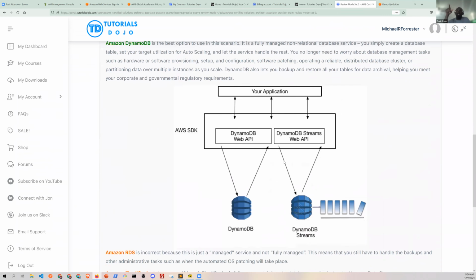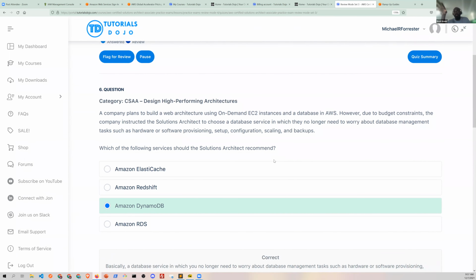Now, for this question, can we apply that same rule of DynamoDB being the highest one, or closer to Amazon's proprietary on the line? Yeah, if they don't have any other restrictions, like we need a SQL server, right? Which then would negate DynamoDB, right? Then if they don't have any other requirements and they're just like, hey, I just want you to pick the one that's the most fully managed, it definitely applies, because DynamoDB is the only one that's a SaaS versus being a PaaS or an IaaS, right?